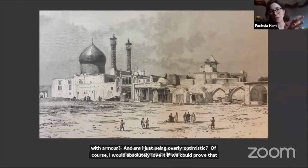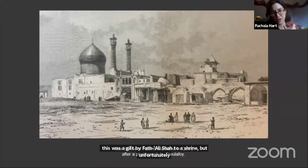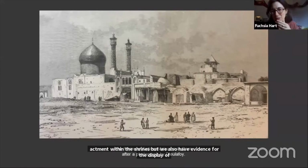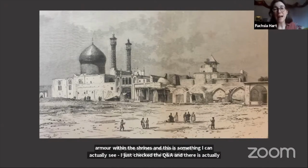But I've already mentioned, of course, that we do have evidence for the performance of the ritual drama reenactment within the shrines, but we also have evidence for the display of armour within the shrines. And this is something I can actually see. I just checked the Q&A, and I think there is actually a question about the provenance of this armour, and that's kind of what we just want to wrap up with, which is the afterlife of armour and display of